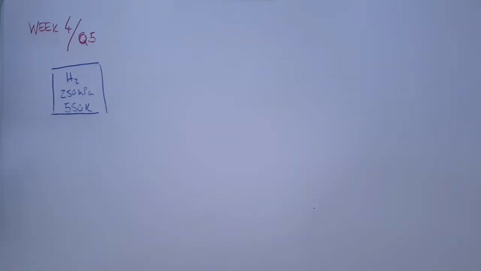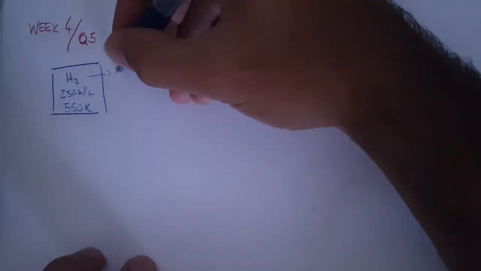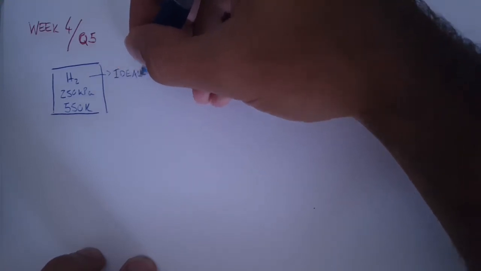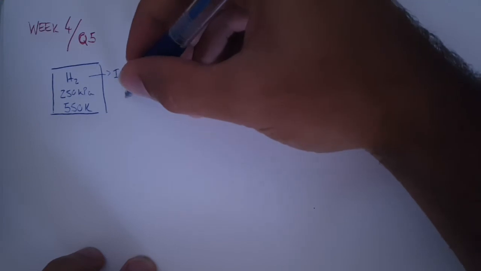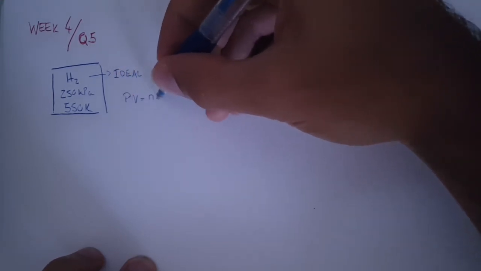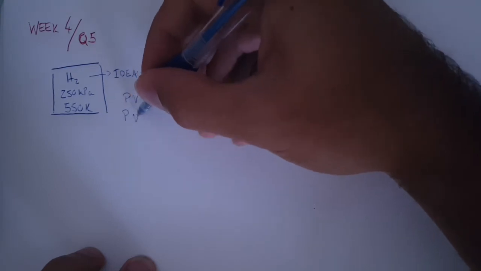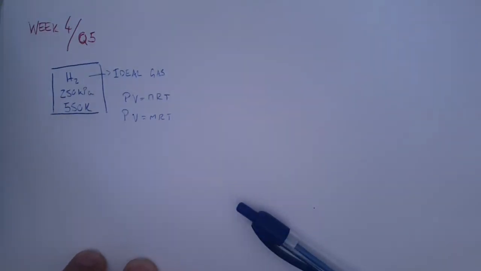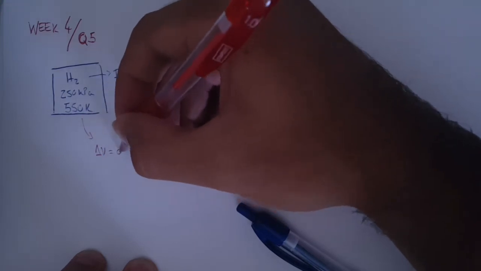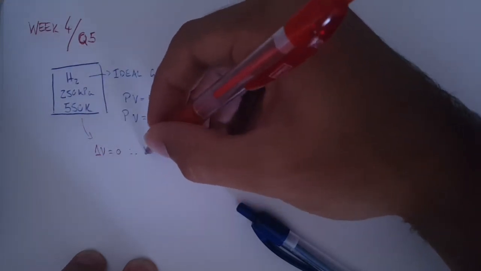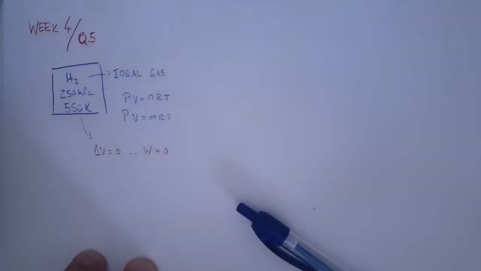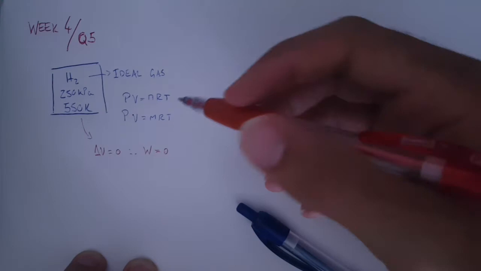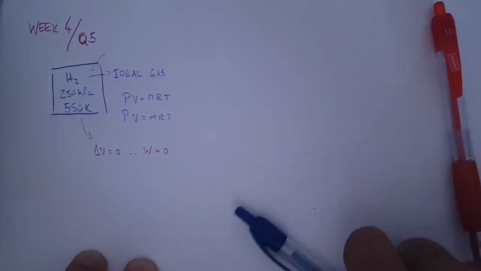All right, so now we're moving into ideal gases, right? So now this hydrogen is an ideal gas. And then we can put our hand to the sky and be grateful, because if it's an ideal gas, then PV equals nRT or mRT, depending on the format you use, is valid, right? What else happens if this is the situation? Well, if it's a rigid tank, delta V is 0, right? And if delta Z is 0, therefore the work done is going to be 0 here. What else? Well, if there's no mass coming in or out of this tank, the other thing that we